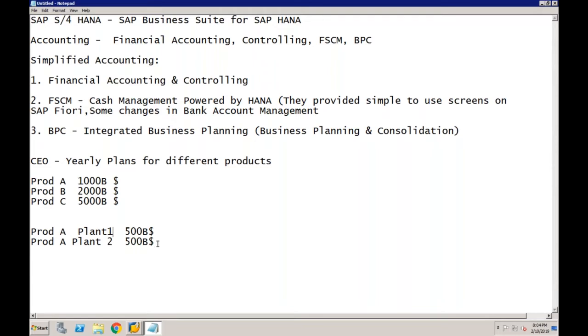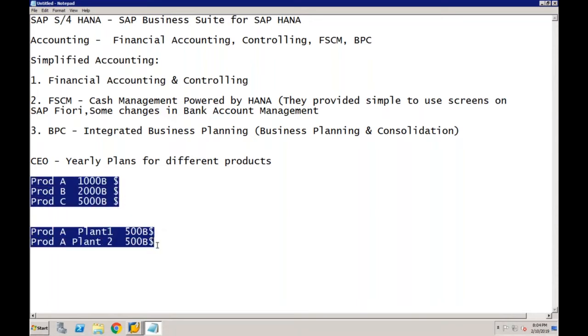If your shop floor is giving you the plans and ultimately it is getting consolidated and the CEO is accepting that plan, that is called a bottom up approach. Okay, but irrespective, this is not a new thing, even in ECC this is working like this. But the only thing is, in ECC, in order to enter these planning figures,